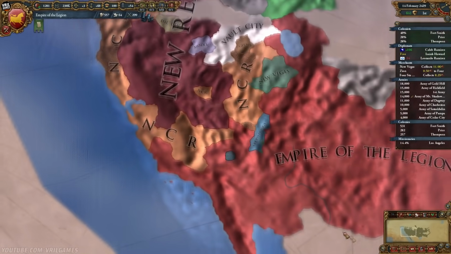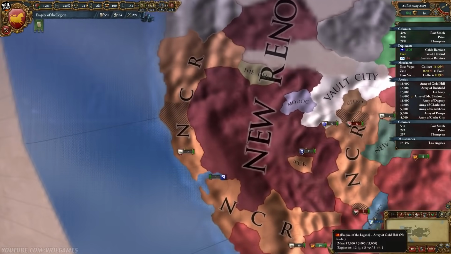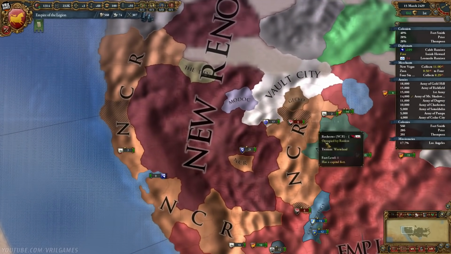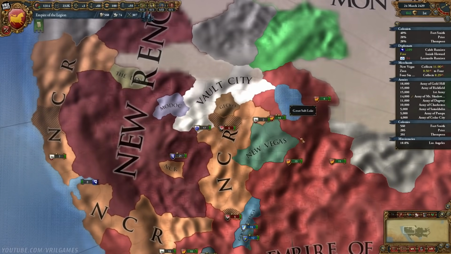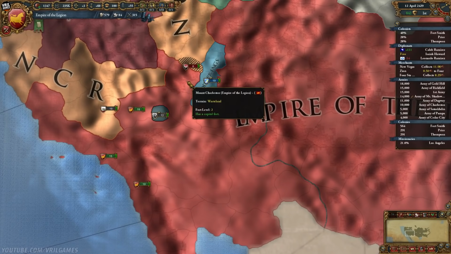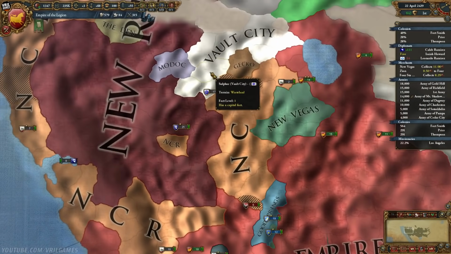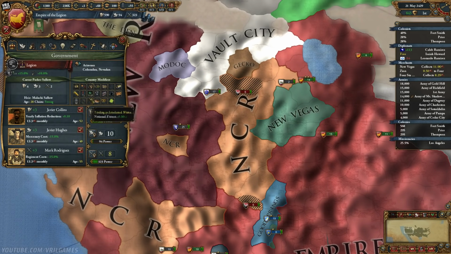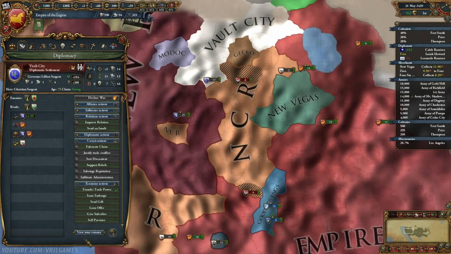Yeah, it's gonna take a while to finish off New Vegas, or sorry, New NCR here. We got the Den. Vault City's really growing there. That's good. They're not one of our allies, or I don't think so. Maybe they are. Do we have a diplomatic relation with them? Should just look at our own...